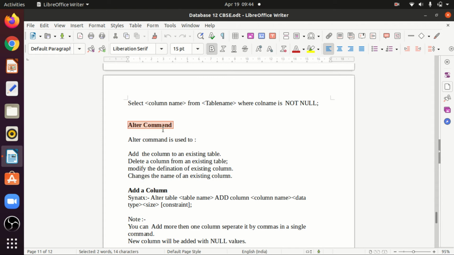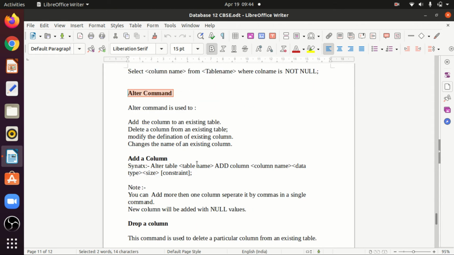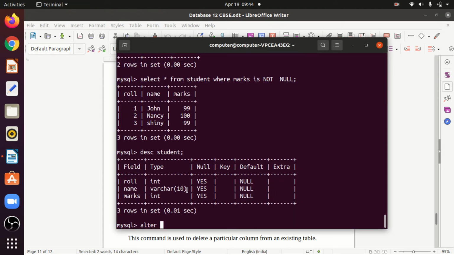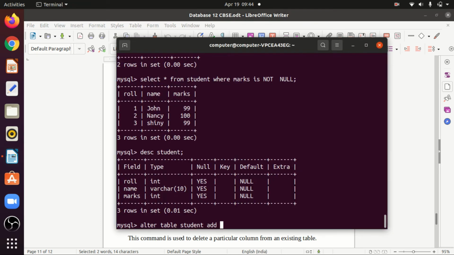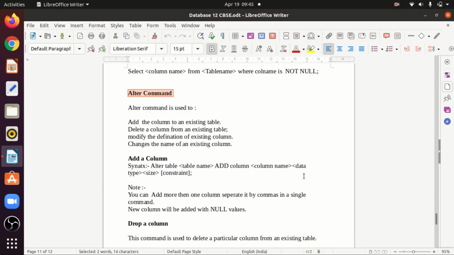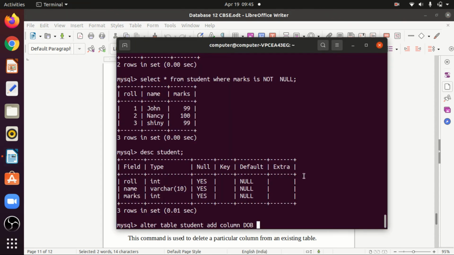If you want to add a column, this is the syntax: alter table, table name, add, column name and data type. So alter table student, then add column, and then the column name, for example date of birth, whose data type is date.